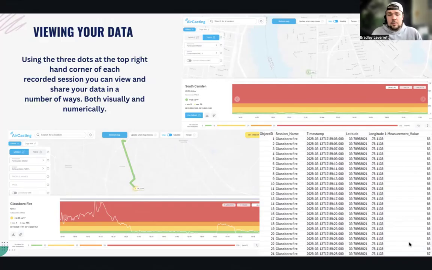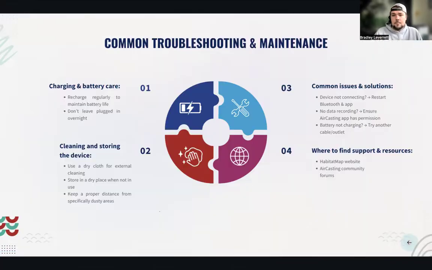The website is super useful, even if you don't have an AirBeam yourself and just want to check air quality, because it has communal data from up and down the state that is really useful to just look at on a day-to-day basis if you're trying to look for any air quality data, specifically having to do with particulate matter. And then some just troubleshooting